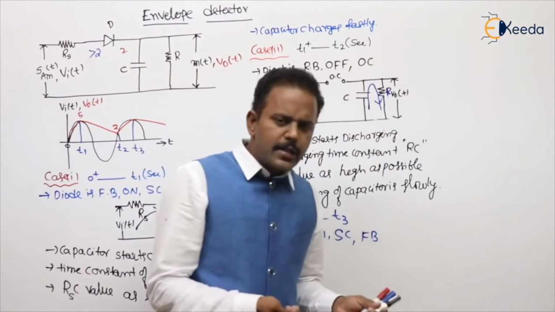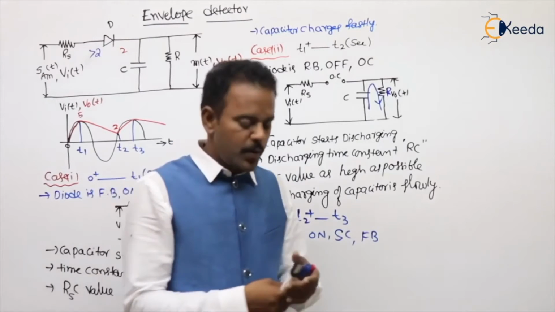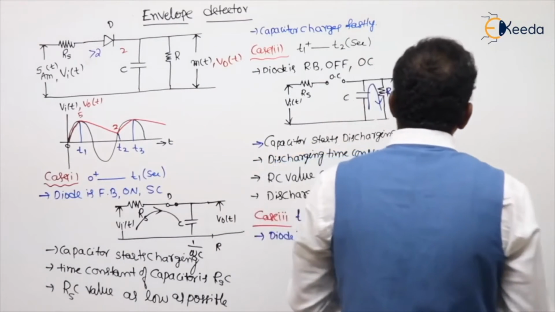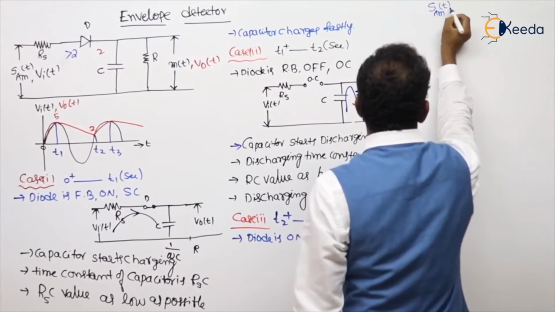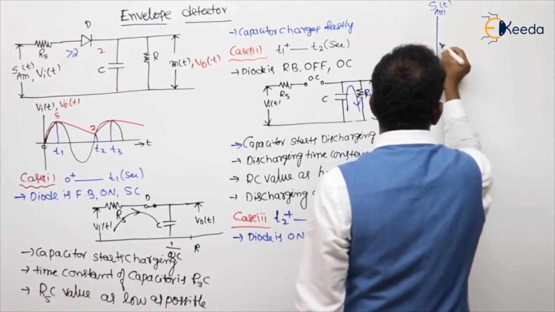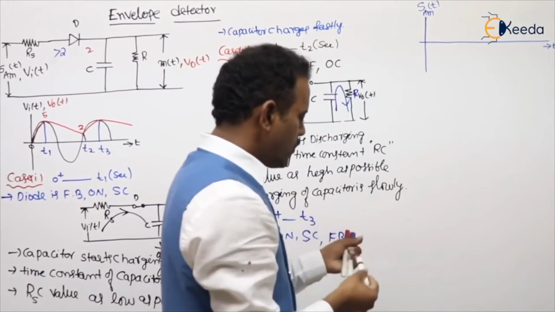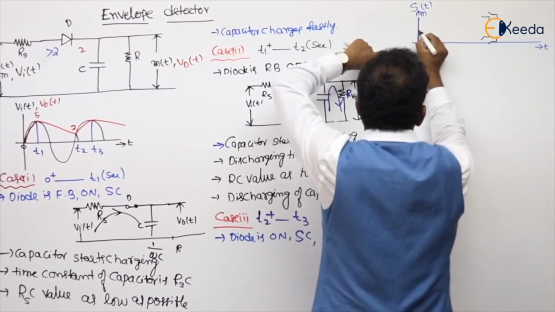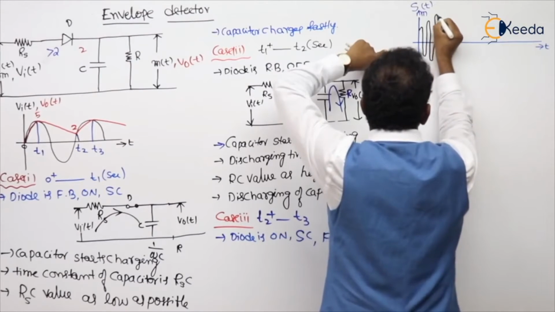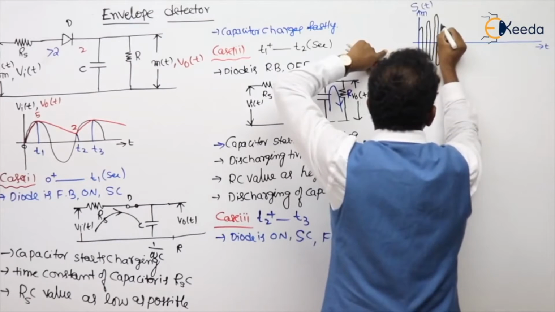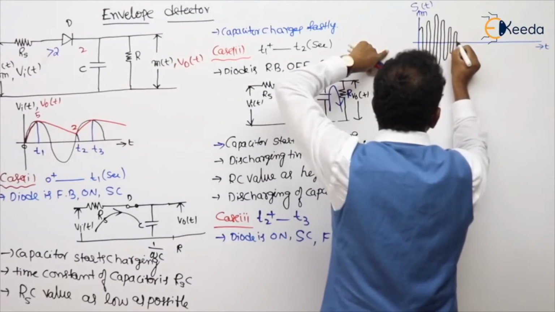What is the input we are giving, sir? Practically, the input we are giving is an amplitude modulated signal for under modulation. Try to draw the amplitude modulated signal for under modulation. That is s_AM(t). Just now, previously, what I wrote was for your more understanding; here I will write the actual diagram. Previously I wrote the line above for your understanding, but this is the actual diagram of what? Envelope detector.